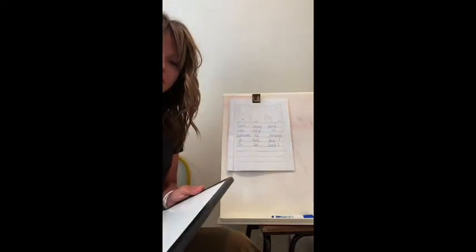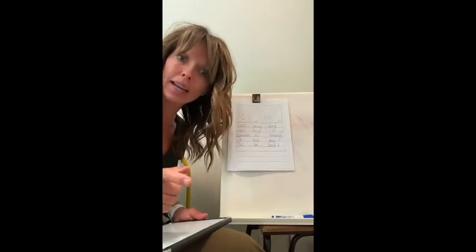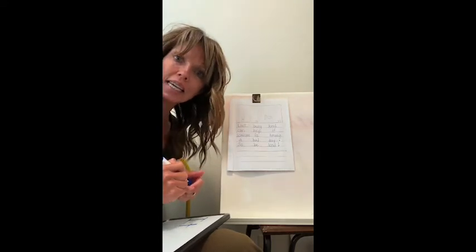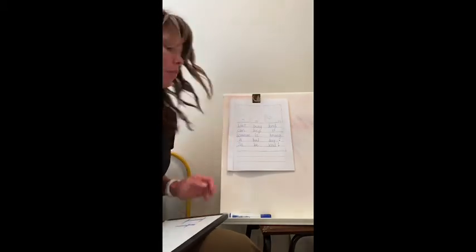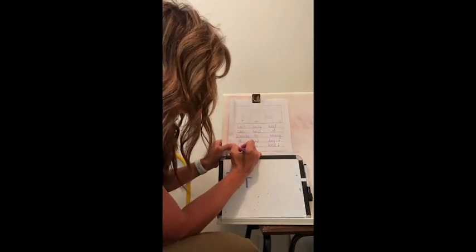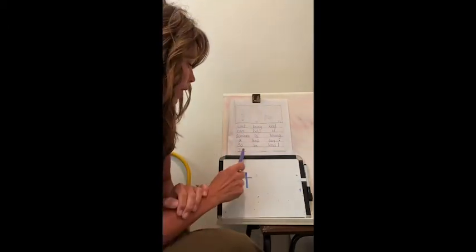Last one. Last sentence says, it feels good. Okay, let's start with it. Remember, first word in the sentence. So what type of I does it need to start with? Because it's the first word in a sentence, it does need to be a capital I. Remember, it is a snap word. It. Two sounds, capital I. Looks like this. It